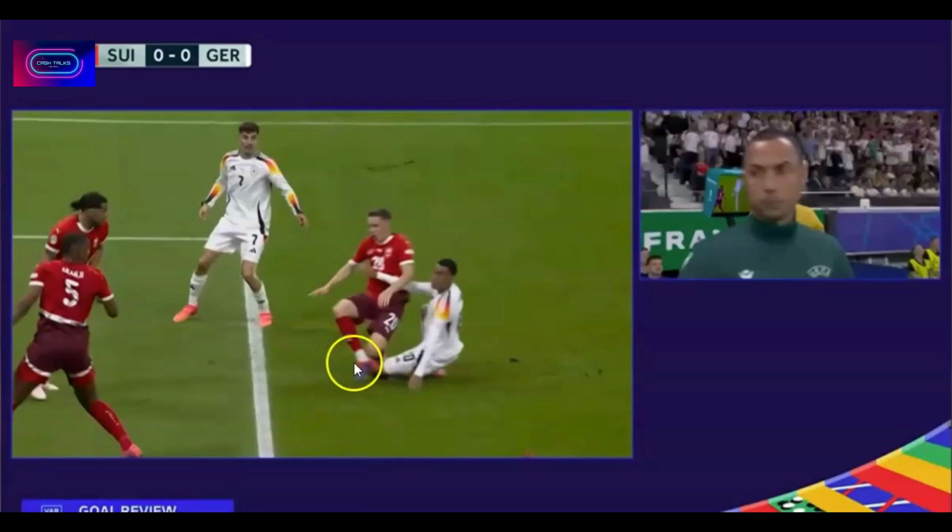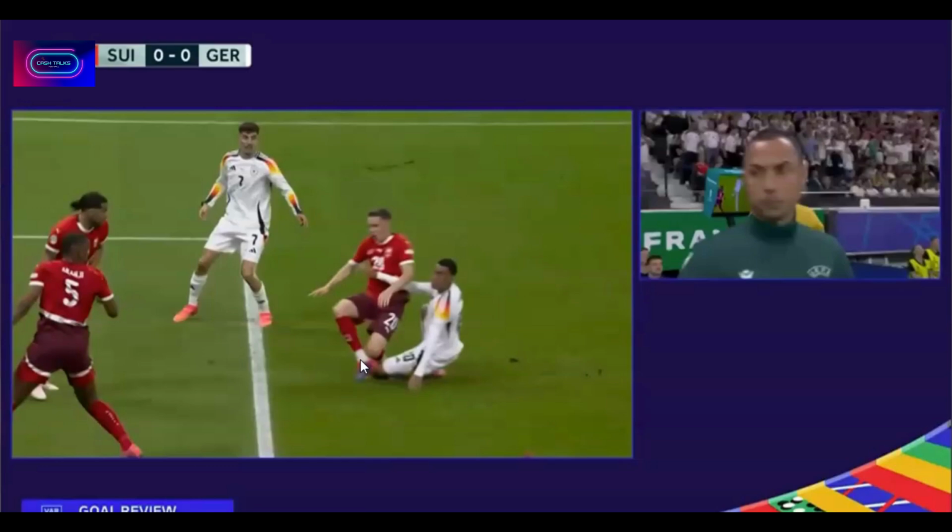And again, if it's called on the field, no one's got a problem. The problem with VAR is people are trying to get involved in the game and inject themselves in. It's like, we've got to look important. I don't know if anyone's had this in their life, whether it's been a teacher at school or someone you've worked with, and they're really not that important, but they tell themselves over and over again that they're important, and they make themselves important by doing stupid things and pulling people up for stuff that there's no reason to pull them up for. And that's what this is here.